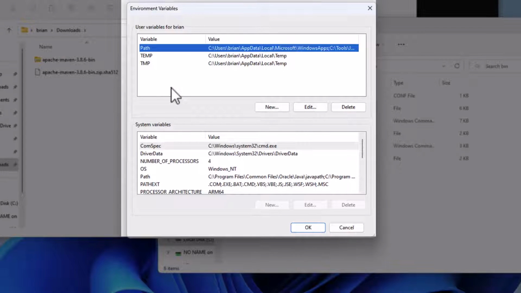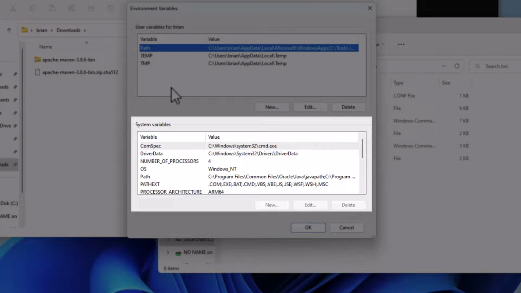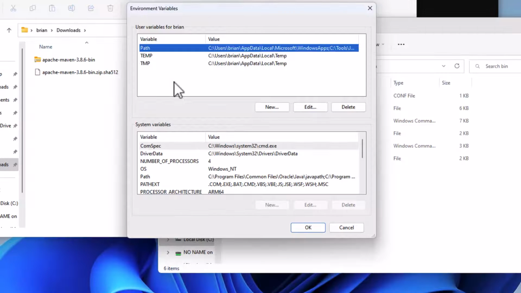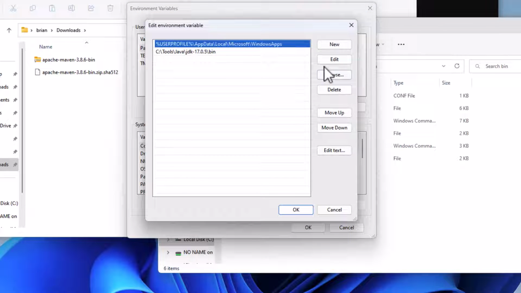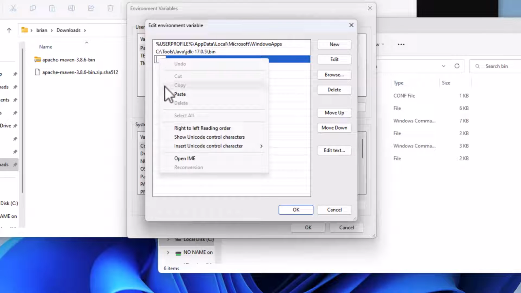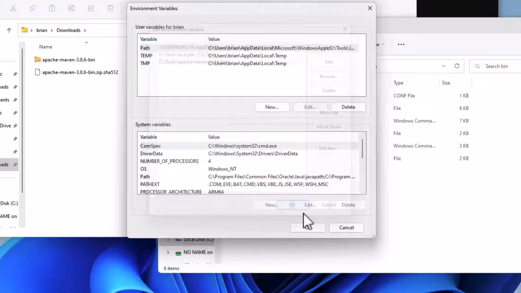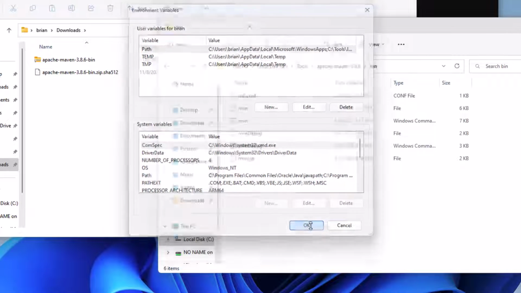Now let's go to the Windows search bar and search for Edit Environment. That brings up a window where we can edit our environment variables. So we have a choice here. We can either make the change globally, or we can do it just for our own account. We'll go ahead and edit just for our own account. In the top window, we'll select the path variable and then Edit. Click on the New button and paste in the directory path we just copied. Then click OK, and OK once again.